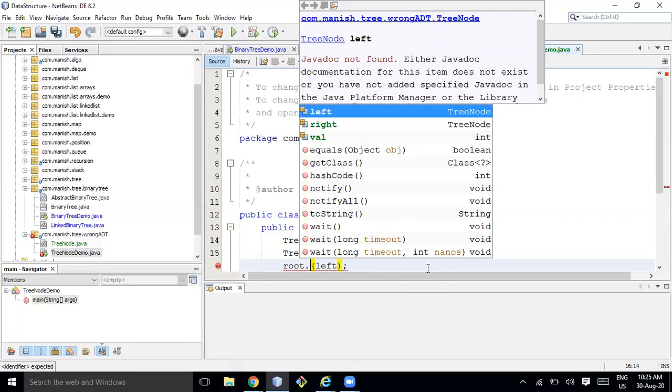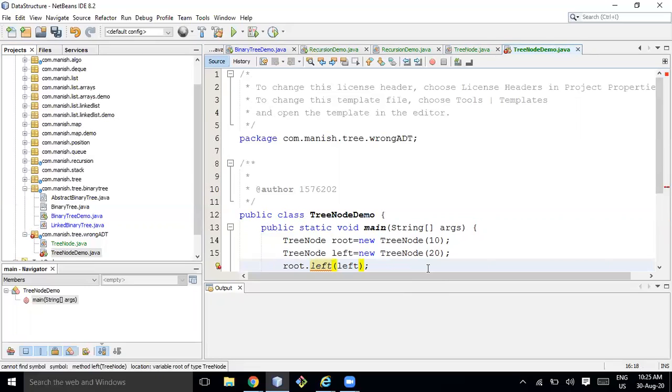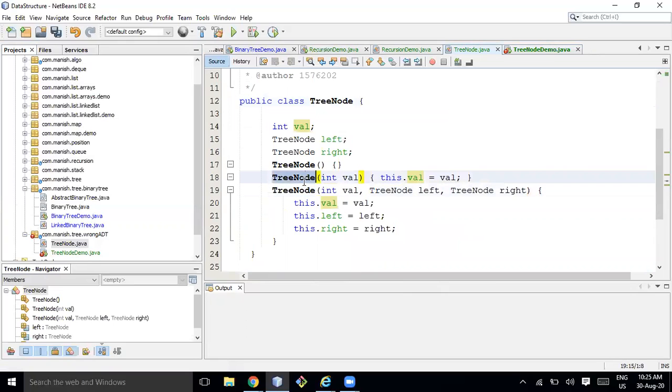So this is private. So you have to add one left here. TreeNode left, this is anyway public, right?